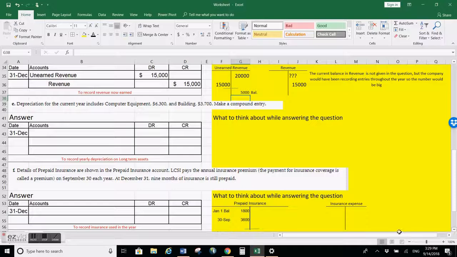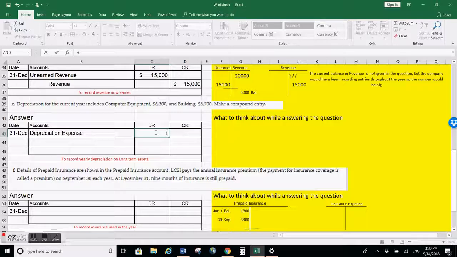Most companies only have one depreciation expense account, so I'm going to put all of that depreciation into that one account. So the $6,300